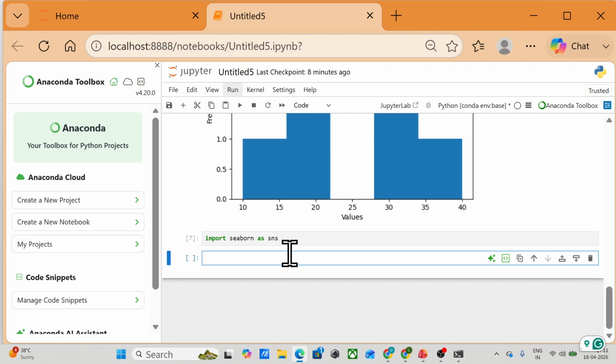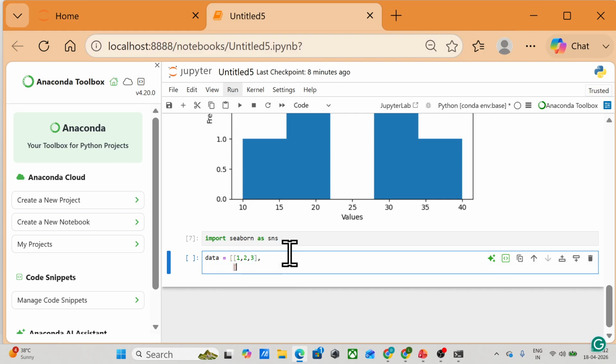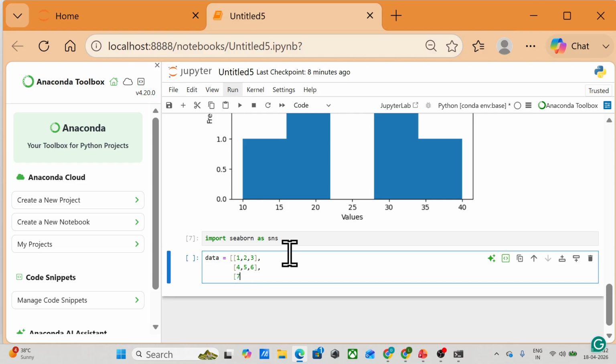After that you have to take the data. You can take 1, 2, 3, then 4, 5 and 6, and similarly 7, 8 and 9.